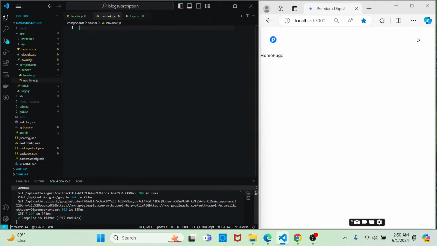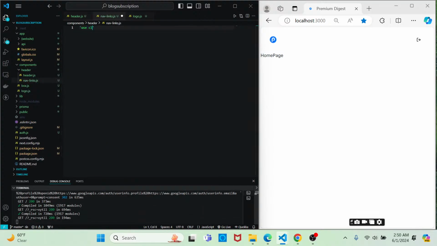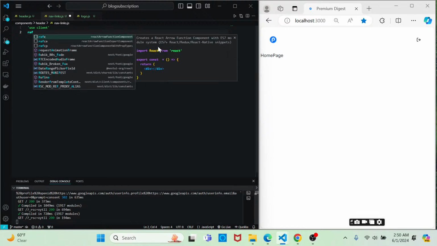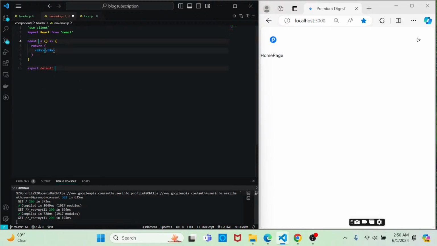navlinks.js. And because we want some interactivity, the ability to distinguish what route we're on by clicking on the link, we're going to need to make this a client-side component because we want some client-side functionality. So we'll start by marking the file as use client. And then we'll give the React functional snippet, change the name to navlinks, save the file, and let's go ahead